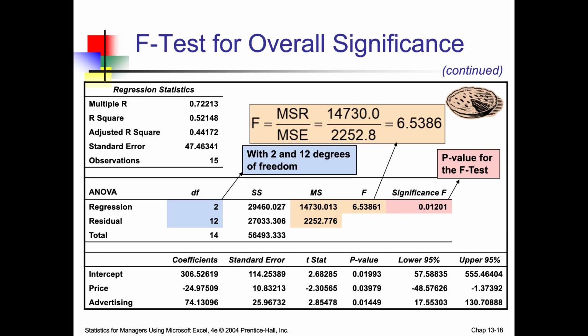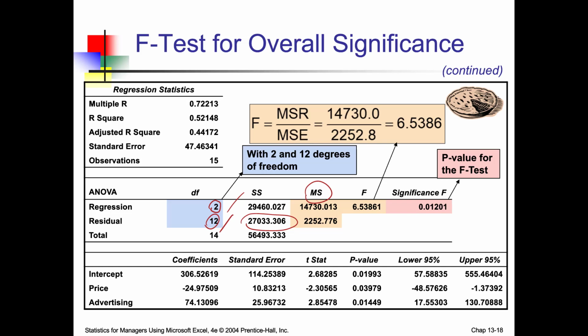Now if you look at the outputs here, for the regression, the degree of freedom is 2, since we have 2 independent variables. So the sum of squares regression divided by its degrees of freedom gives us the mean square regression. And the sum of squares residual is 227,033.306, with 12 degrees of freedom. Dividing those two numbers, we have